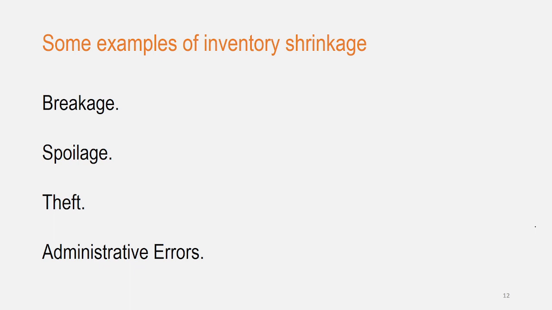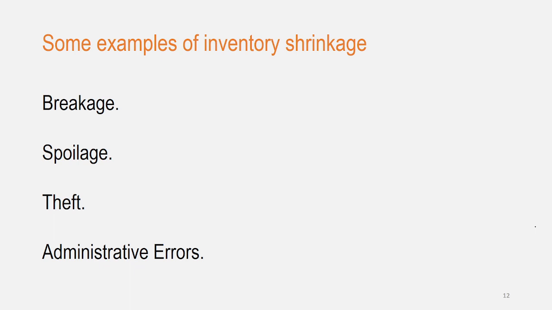The third famous example of inventory shrinkage is theft, and it includes both external theft, for example shoplifting, and internal theft, for example employee theft. Let's see an example together. In tourism stores, for example, customers might steal high-value items like a GPS device, or an employee might take cash from the register. Both scenarios contribute to inventory shrinkage through theft.